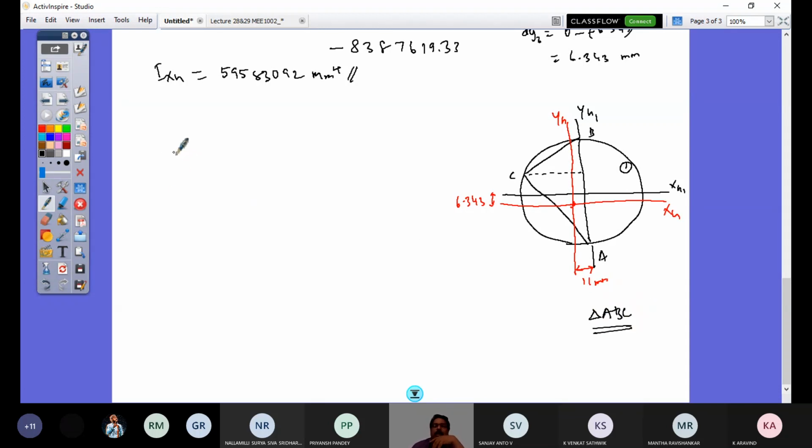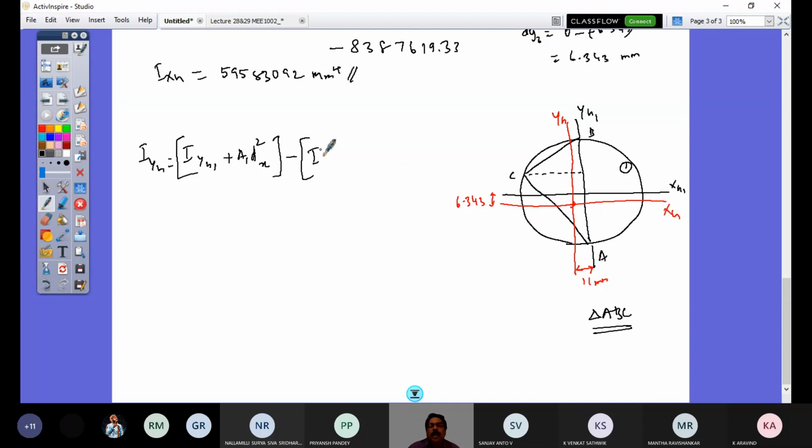So let me just write down now this formula. IYG is what is going to be IYG1 plus A1 into dx, subscript x. Look at now, instead of y, I put this. Why? Because I have to go distance measured along horizontal line, because the axes are vertical axes in this case. So dx square